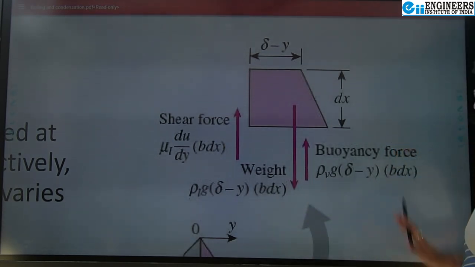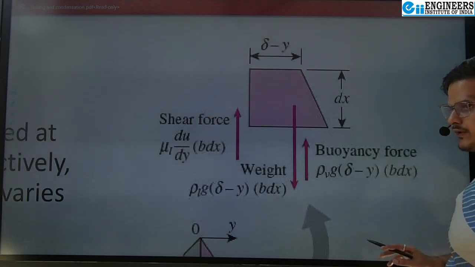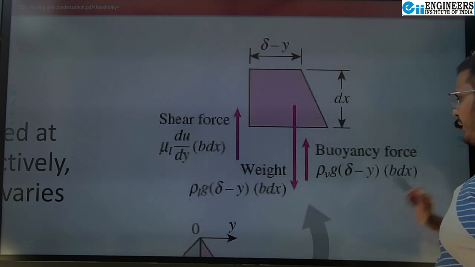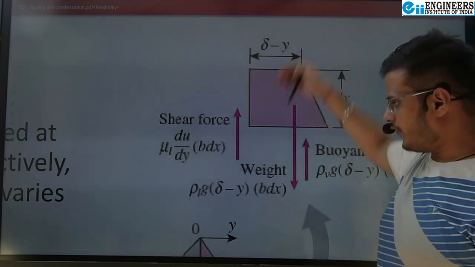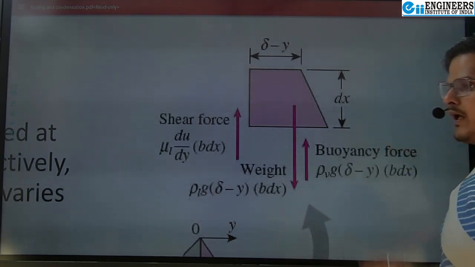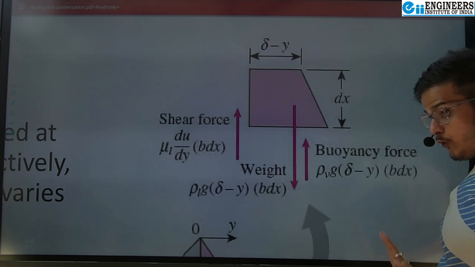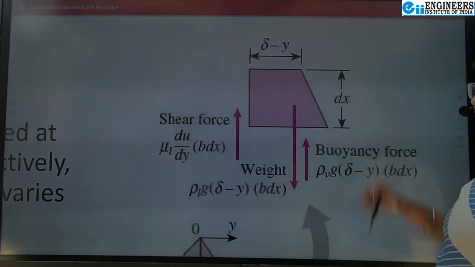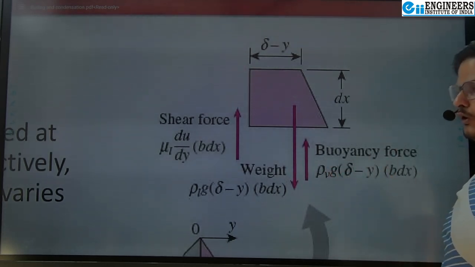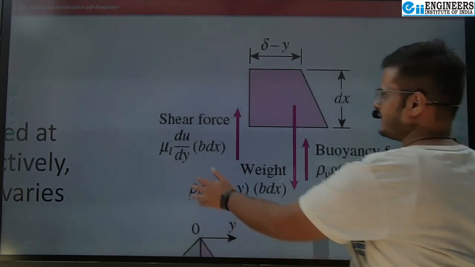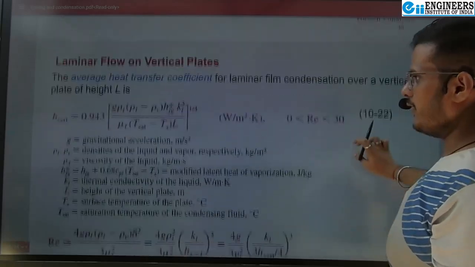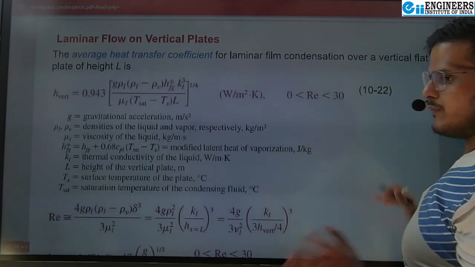Then buoyant forces will also be acting in the upward direction, that is rho g into delta minus y into b dx. Here, as the film is flowing downward, the density will be that of the liquid. As the buoyant force of the vapor is acting in the upward direction, the density for the buoyancy force will be rho v. So by doing this force balance equation over here, we can estimate